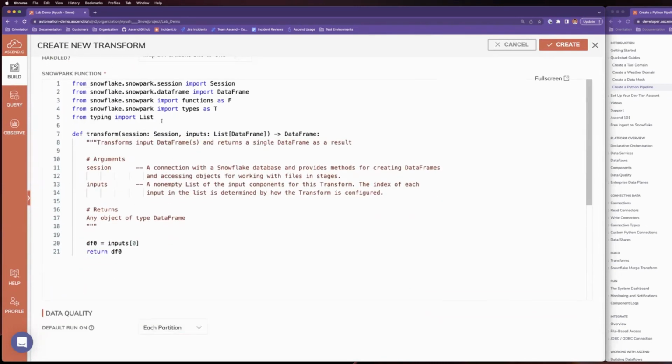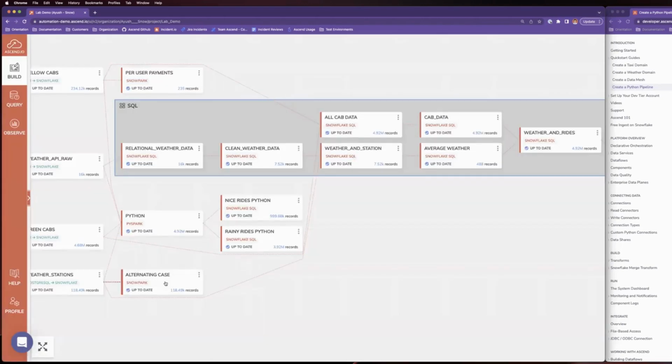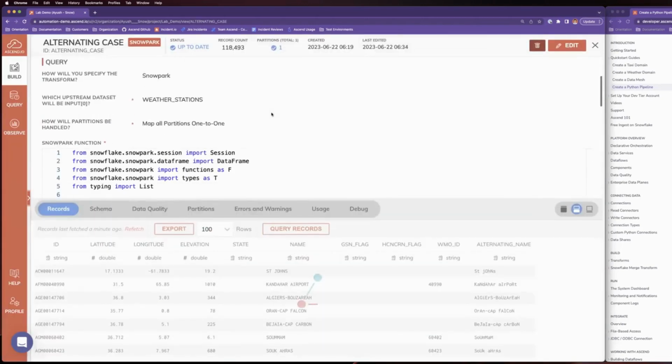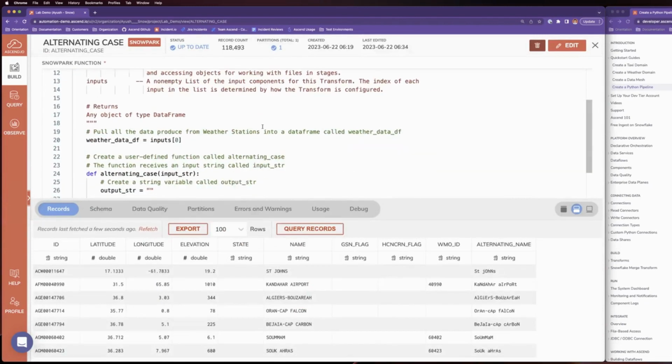You already have your basic libraries pulled in, like when I was talking about the functions before, this is what we were talking about, any types, those sorts of things that are probably necessary. And then you'll have this basic input where we have one input. So we have just input 0 defined here and a data frame. And we are returning it, right? But for you, where you want to create an actual section of code, what does it end up looking like?